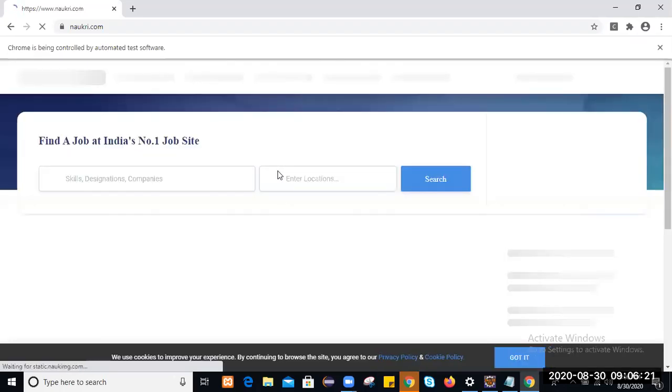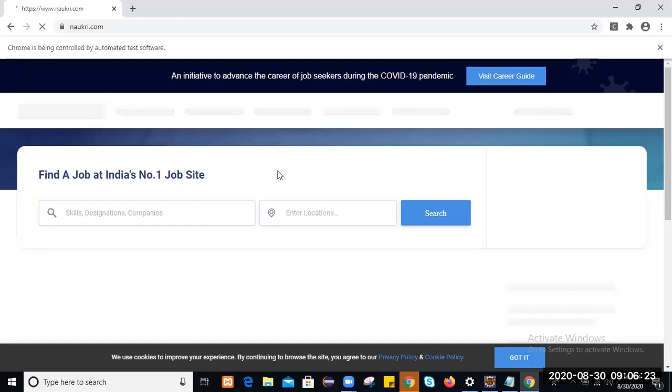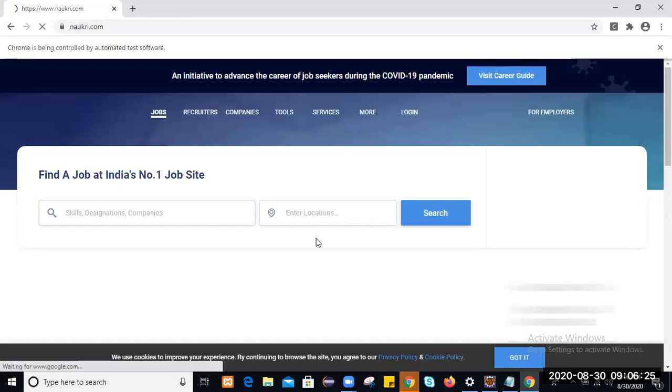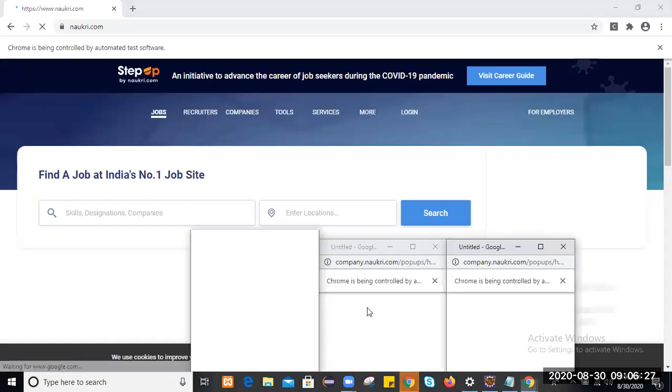It maximizes the window, then navigates to Naukri. First it will load the Naukri.com page. This is what we're looking for, and it opens three, four, five, multiple child windows.